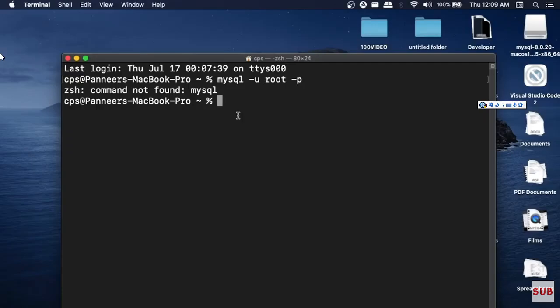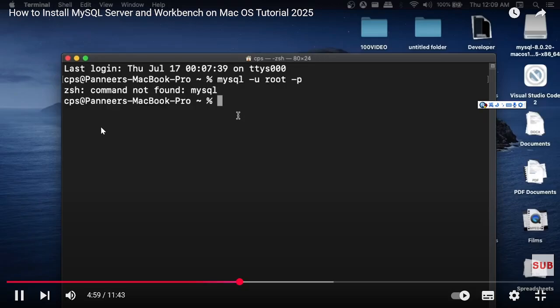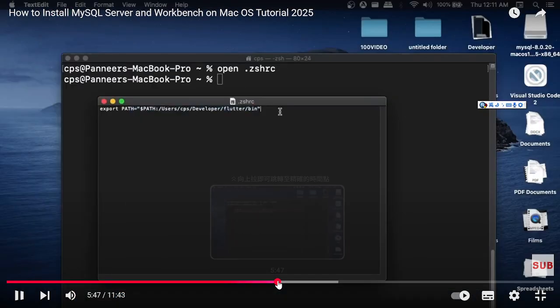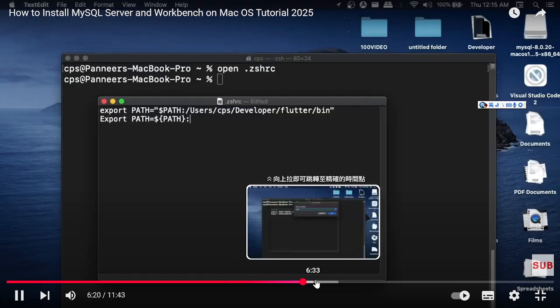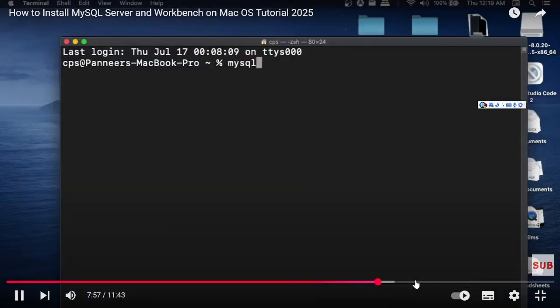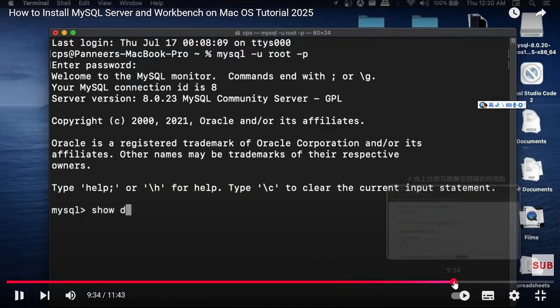So now to check if that particular .zshrc file is there or not, just run the command ls -al and hit enter. So as you can see here, I am having MySQL with, you can get this path system. So, and here we can just paste SQL query, which is the show data,